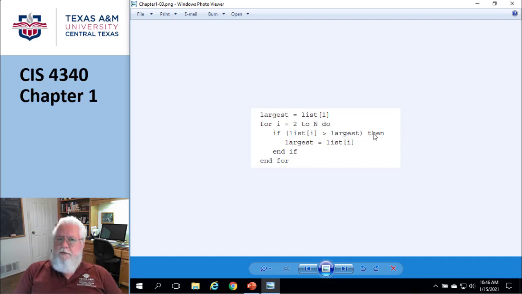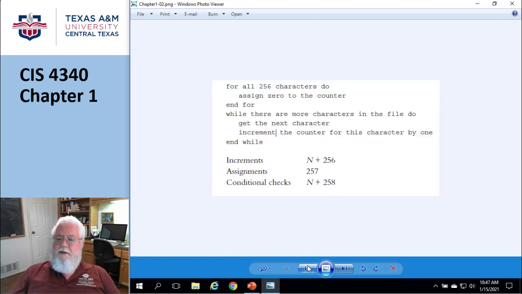Space complexity. That sounds almost like a science fiction show or something, but no, on page 8 they talk about how much memory an algorithm uses. Okay, now this one has one variable that's being used, so its memory is relatively low, right? But let's go back and look at this guy. This guy's going to have probably built an array of 256, so I mean that's not a heck of a lot of memory, but hey, it's